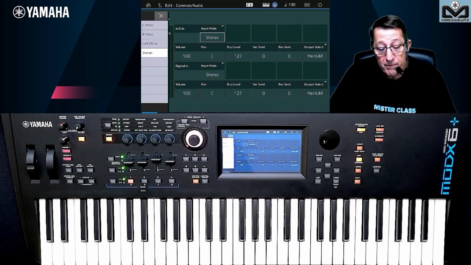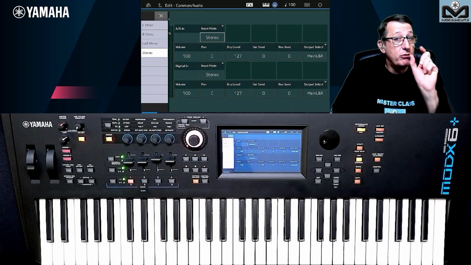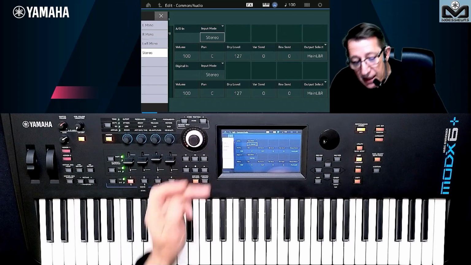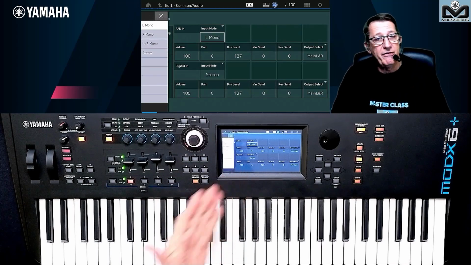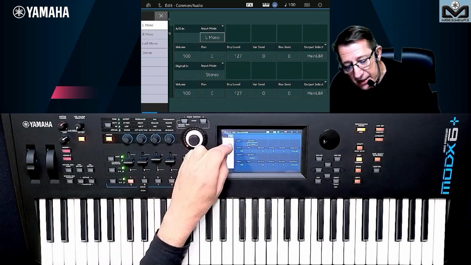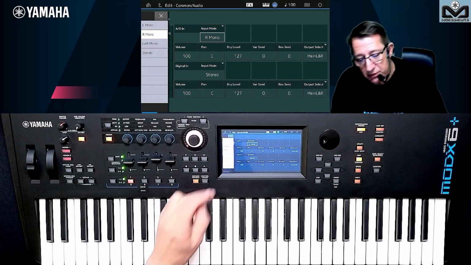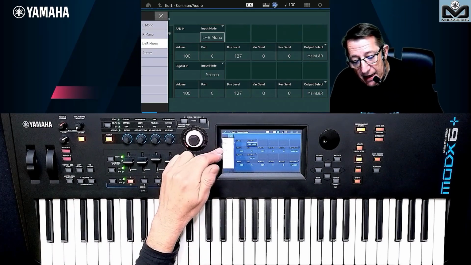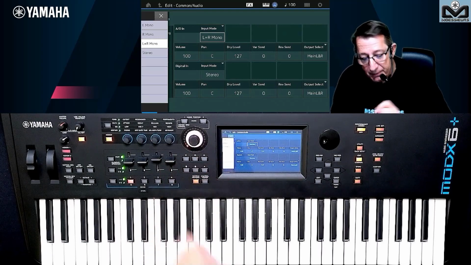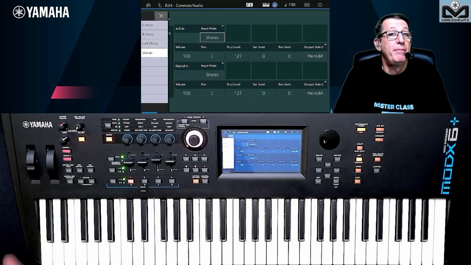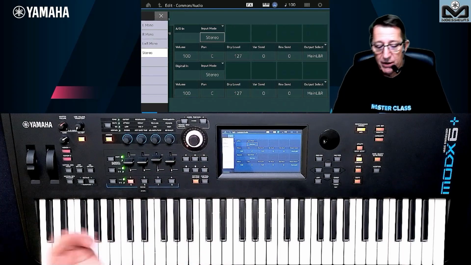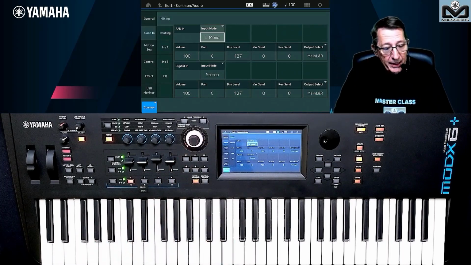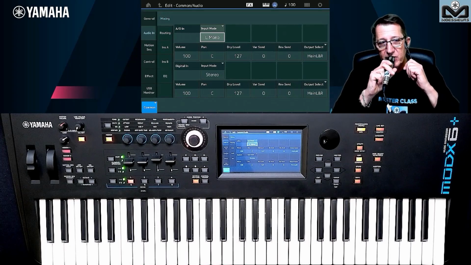Microphone is mono, so I put it on the left. You have two inputs, the left and the right. I put it on the left, so I need to set it on the left. If I put it on the right, I set on the right. If you put two microphones, because you need one for a guitarist and one for singing, as example, you put left plus R mono, and if you put a keyboard or MP3 player, you set stereo, of course. For me, I let left mono. So I can try, I have the sound.